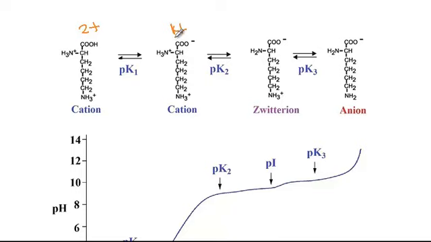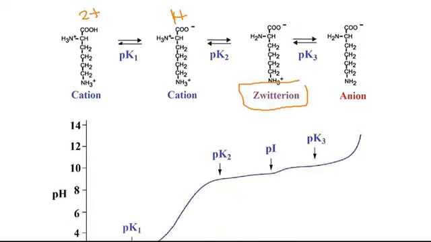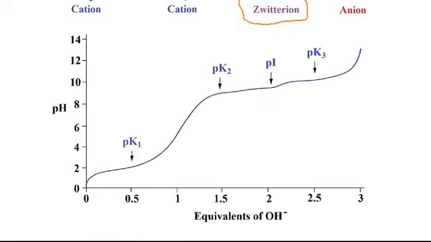As pH continues to increase and we go beyond the pK2, now the amino group will lose its H plus. So here we have a zwitterion, or a neutral molecule, and then once we continue to increase the pH, again the side chain will lose its H plus and we have an anion. So here I'm showing you the pH curve. As we continue to add hydroxyl groups, we will continue to lose H plus